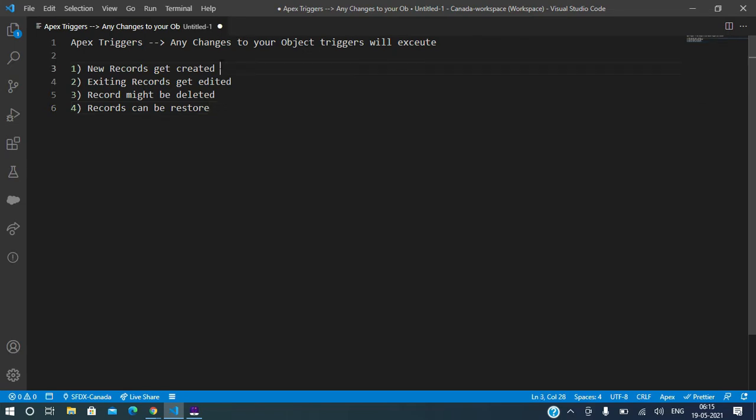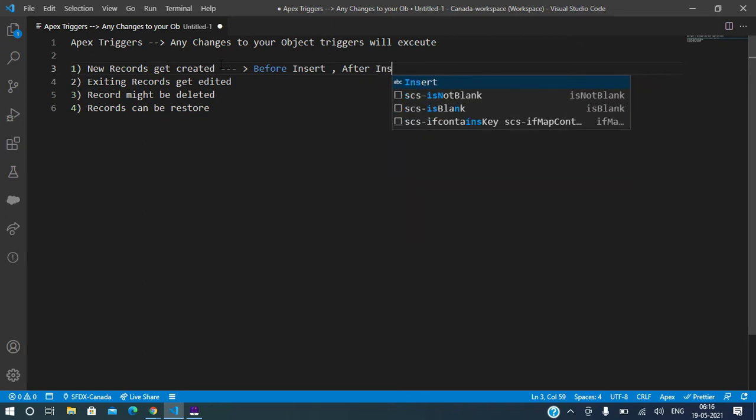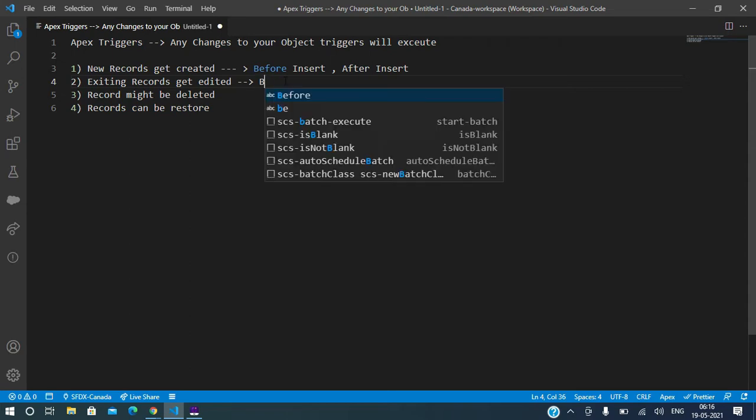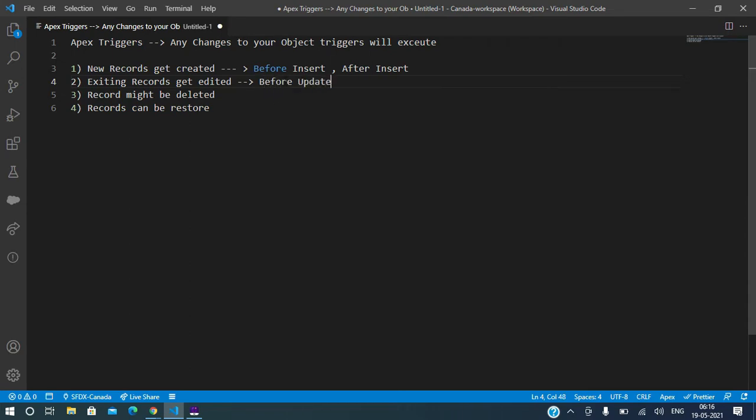If the records are getting inserted for the first time, what are the possible events we have? We have before insert and after insert. Triggers come with these two events. The same way, for existing records getting edited, we have before update and after update.